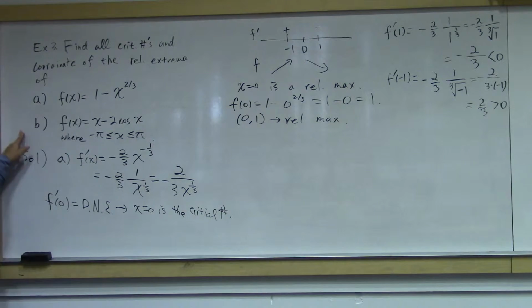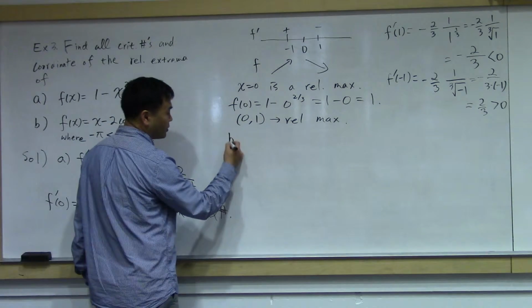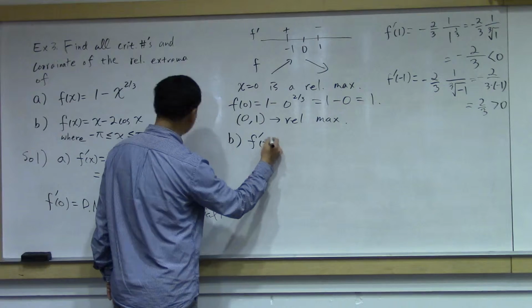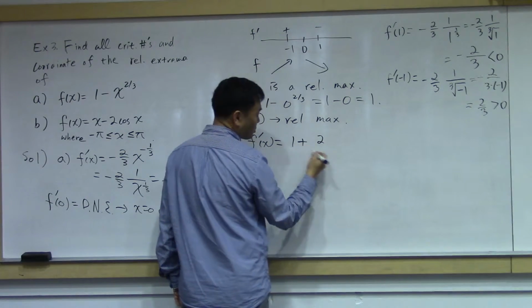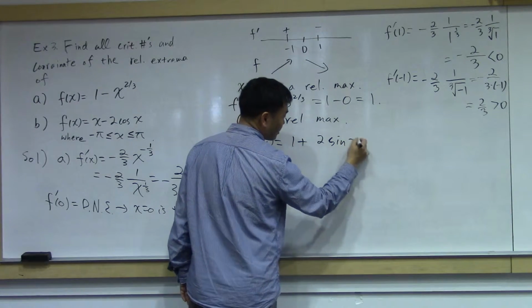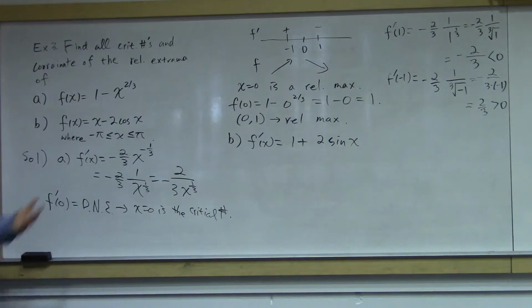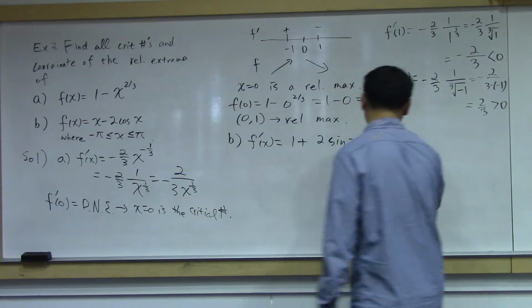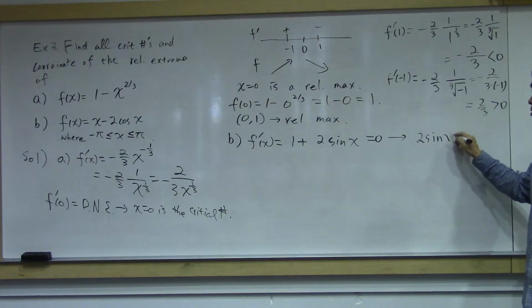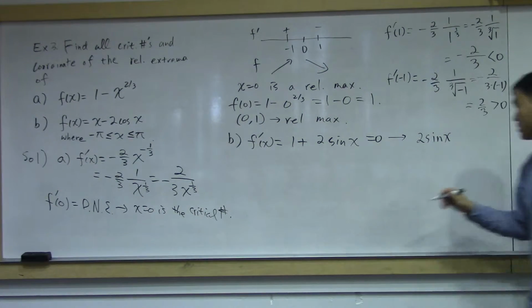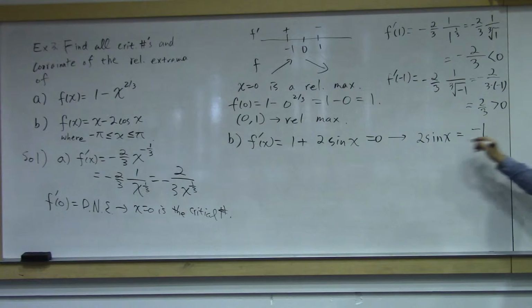Let's do question B. For part B, differentiating gives you 1 plus 2 sine x. This time again, it's always differentiable, so the only thing that we have to look for is when this is equal to 0. What does that give us? That gives us 2 sine x. If I move the 1 to the other side, it gives you negative 1. And then you divide by 2 on both sides. So sine x is equal to negative